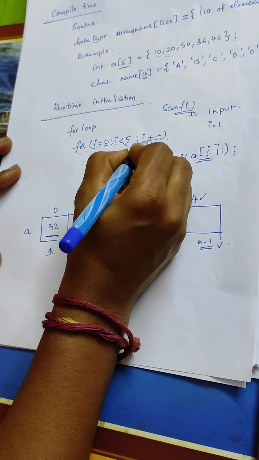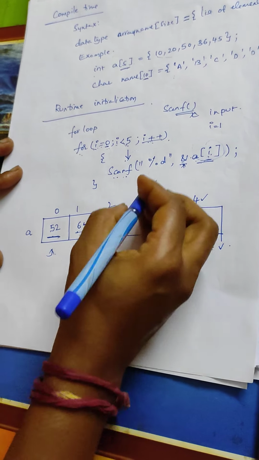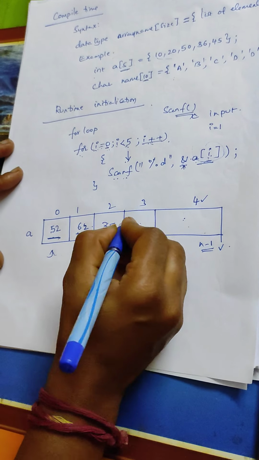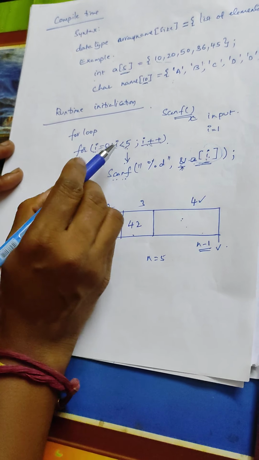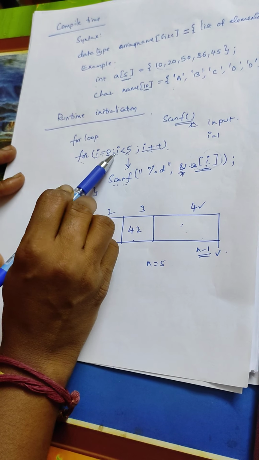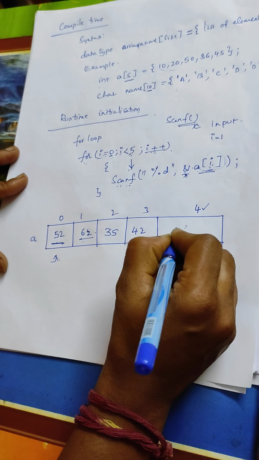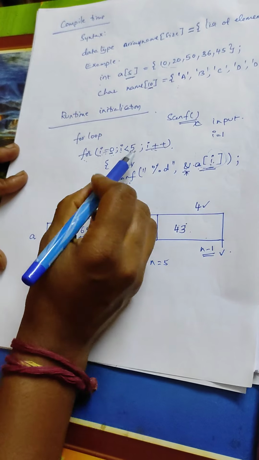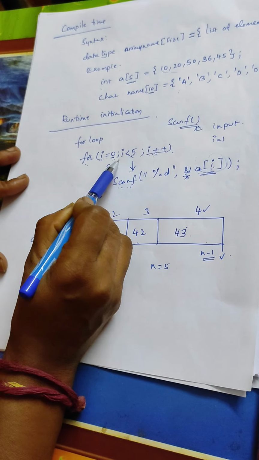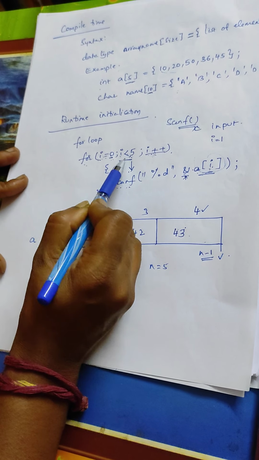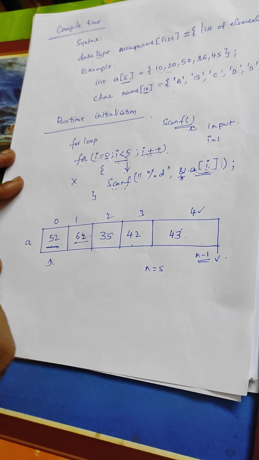Again your i increments, it takes the second position and the A of 2 value is read. After that i increments and it gets the third position. It takes the value and places it into this position. After that again i increments, it becomes 4. 4 less than 5 condition is true. Again it reads the last array element. After that i gets incremented. Now it becomes 5. So 5 less than 5 condition fails. Once the condition fails, it exits from your for loop. So now your loop is not repeated.